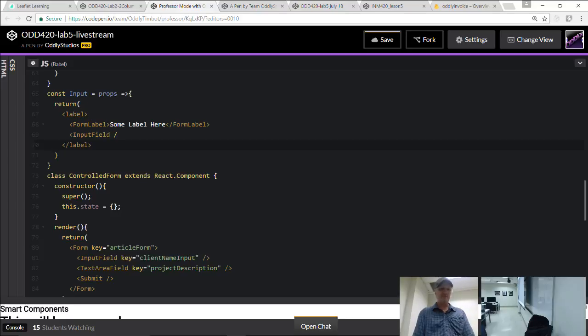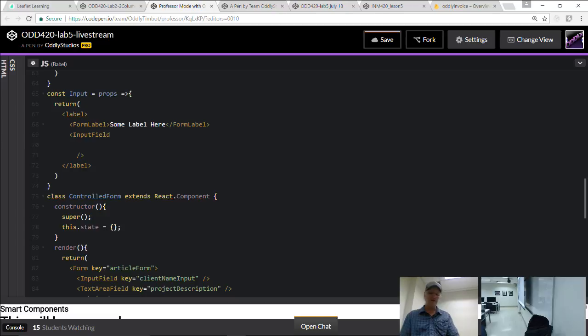Now this guy's going to need some attributes here. So here's a little thing I would suggest doing. Put your closing for the input field, but we want to put a few attributes into this guy, so give yourself a line break right here so we can stack them up. So we'll say type equals text.